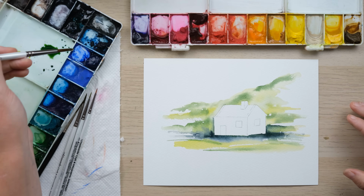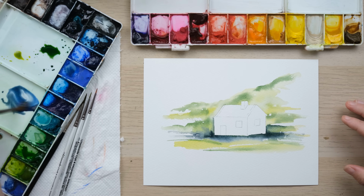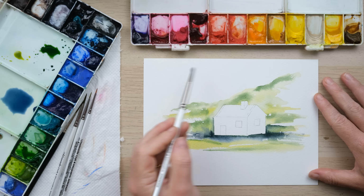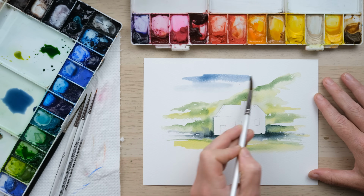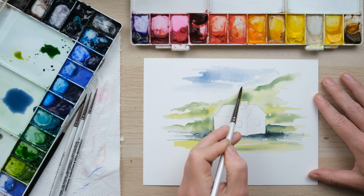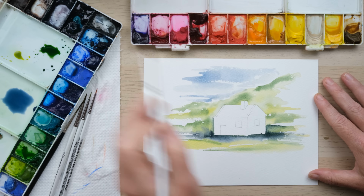I'm now going to pop a bit of sky in. The sky will have a bit of Payne's grey and a bit of cobalt blue deep, and I'm going to again angle my brush low to the page and end up with a bit of dry brushing, which gives us a sense of a few clouds. I'm not going too close to the mountain just yet,